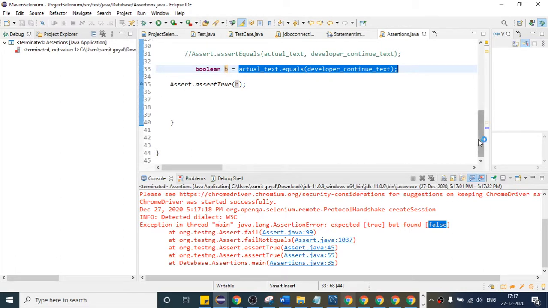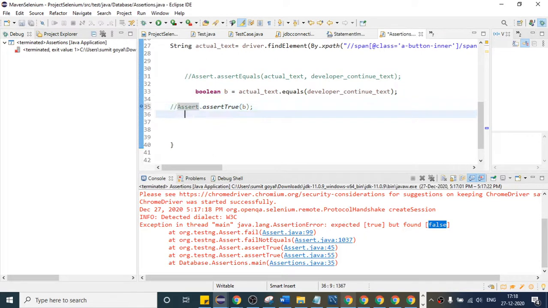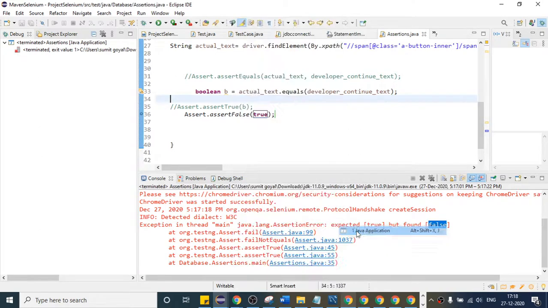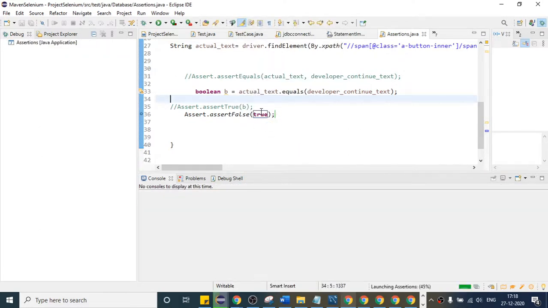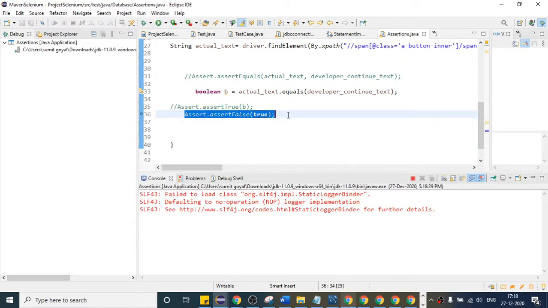And there is one more. Instead of this one, there is the reverse of this, which is assert dot, and it is expecting false inside, right? So if it has false inside, you can put some condition like this and check. If it is false, it will not throw any error. If it is true, just suppose I am writing it directly true here. What is the output you will get? This time it will say expecting false inside but getting true. So it will fail your test case. So you can assume that there is some issue at this point.